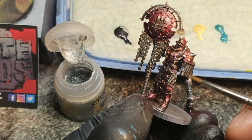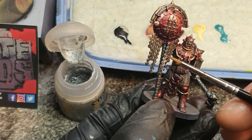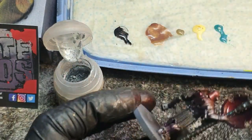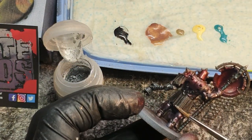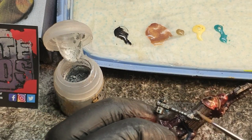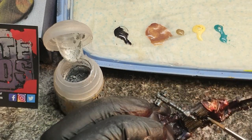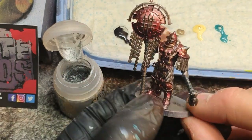Same again, just trying to catch a couple of points on the various metals. Let's add a bit of extra detail for literally a second of work. Making tabletop not just basic, but looking half decent as well. Okay, so